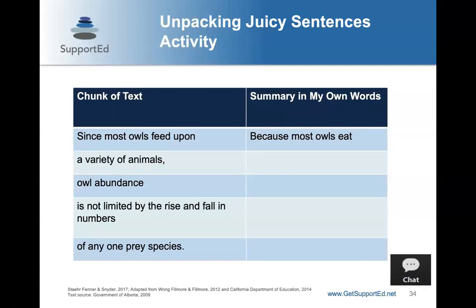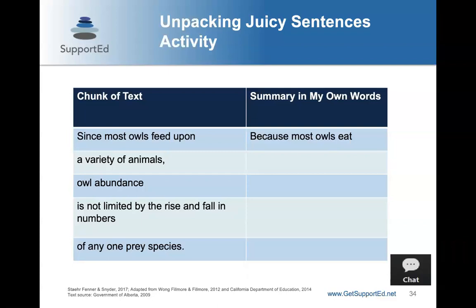And the idea is that they're creating a new sentence, but in their own words, that summarizes exactly what was said in the juicy sentence. And in order to scaffold this, you can begin by modeling it as a whole group. You can also chunk the text yourself and then have them write the summary, but eventually you want to move towards students writing their own summaries.